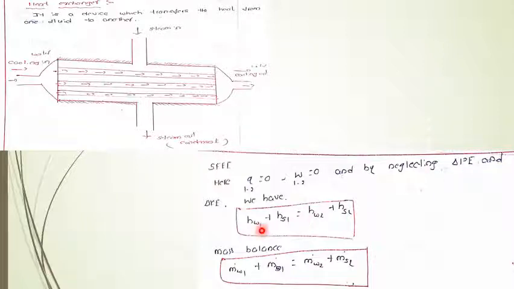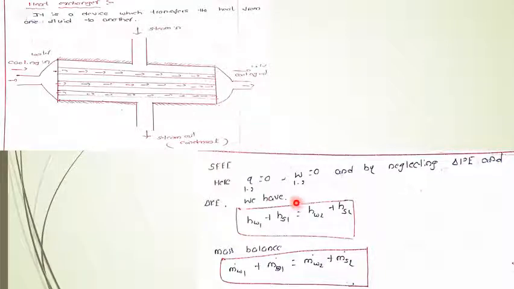the remaining equation will be this: hw1 plus hs1 equals hw2 plus hs2. W represents water and S represents steam. Here cooling water enters and water will be exiting. Here steam enters and steam will be exiting. Both will be mixed and heat transfer takes place between water and the steam. Clear? When water comes in contact with the steam, it absorbs heat from the steam, whereas when steam comes in contact with the water, it loses heat to the water.